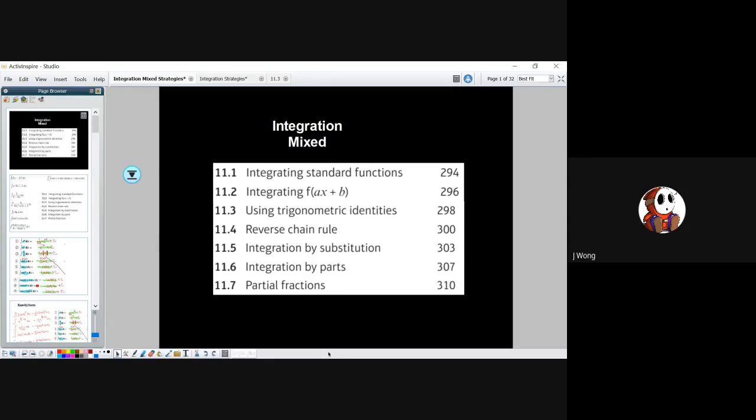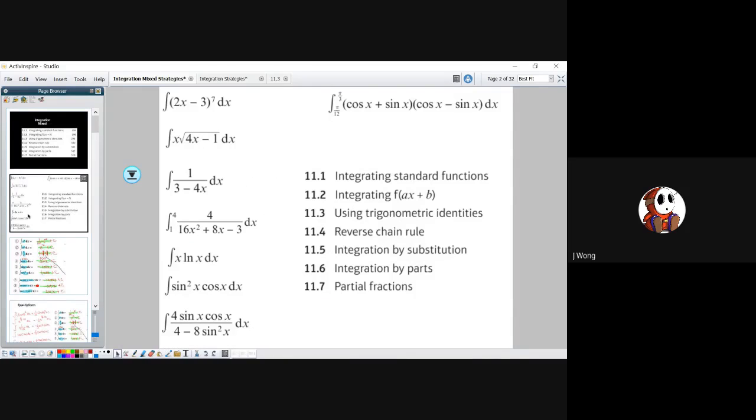Hi everyone, in this video I would like to talk about the content across 11.1 to 11.7, as the exam style integrals are all mixed up and you need to quickly identify which technique to use for each integral. For instance, if you look at the questions that I have here, these are from the mixed exercise. We need to use a different technique for each separate integral here, and feel free to pause the video